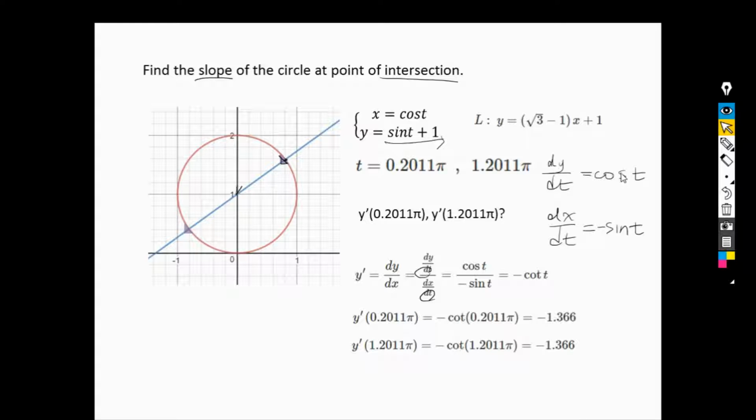So to find the derivative at that intersection point, we need to plug in the t value. So when t is 0.2011 pi, then the slope will be negative 1.366, and the other t's slope will be the same value,